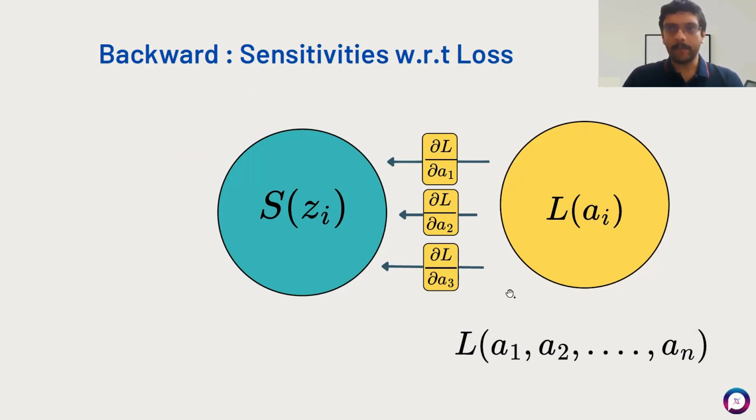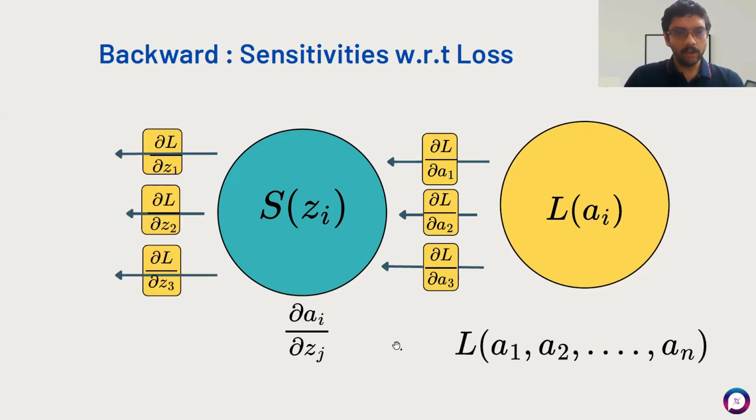And now, so backpropagation has started. Softmax is going to have its sensitivities, right? The sensitivities of the output of the softmax with respect to the input. We need to compute those. And then using chain rule, what we get is the sensitivity of the loss with respect to the inputs to the softmax, which is then